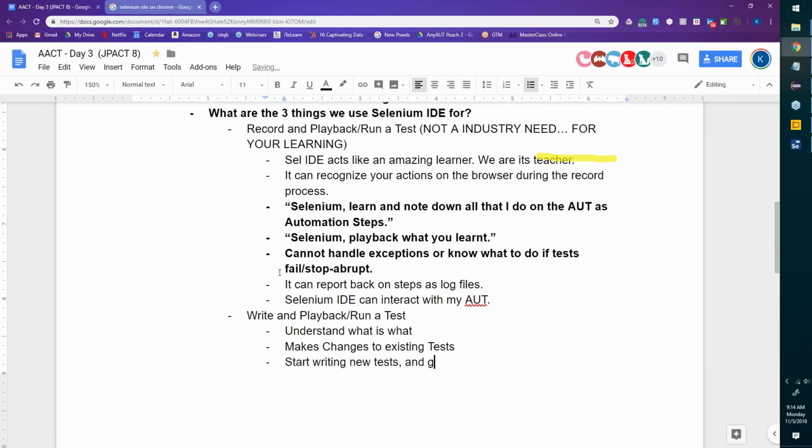and gradually increase the complexities. Okay, all from a Selenium IDE perspective, team. How to write and playback run a test in Selenium IDE. Let's be clear. All right, so we've got this going now. I think we've taken a few minutes to understand the UI, team, and that is critical.